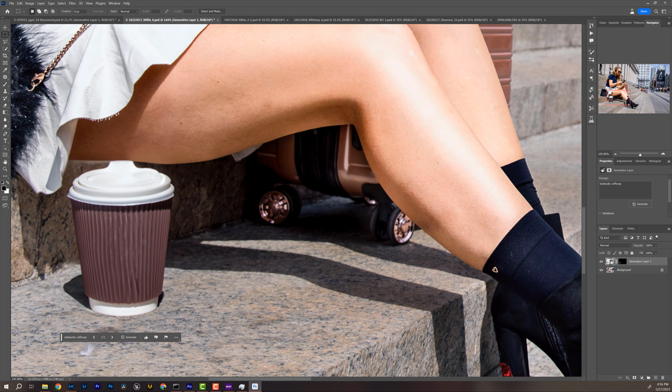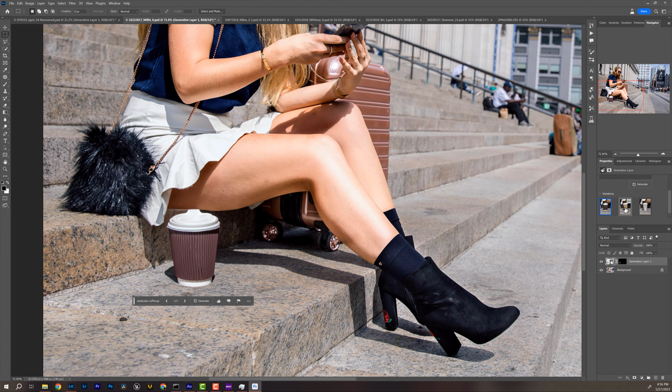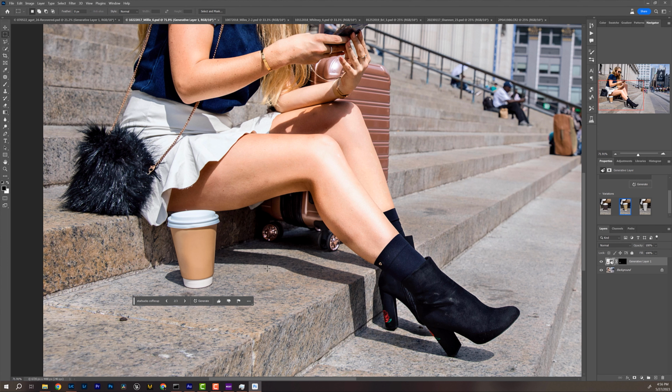And honestly, let's see what our variations look like. Better. I like this one. So it didn't give me a Starbucks cup, but it definitely gave me a coffee cup, which is very, very good. It does look like it'll actually do brands. But this is really good, especially because now it does look kind of out of place a little bit.